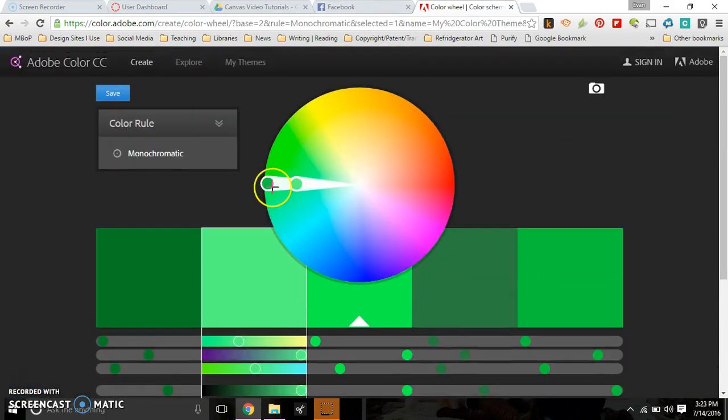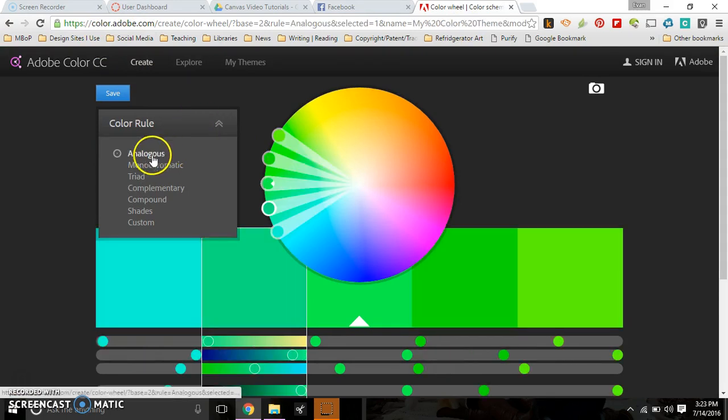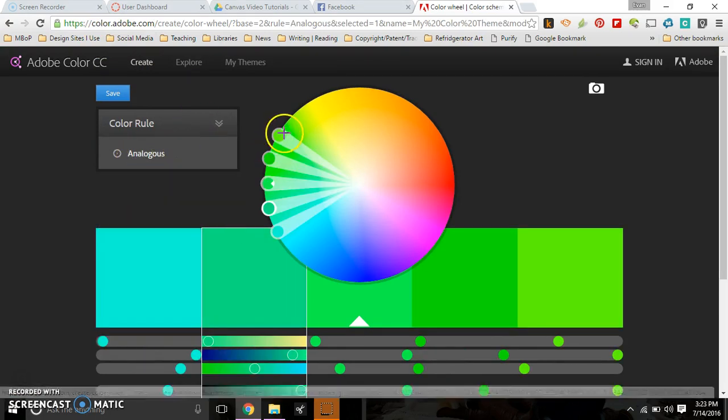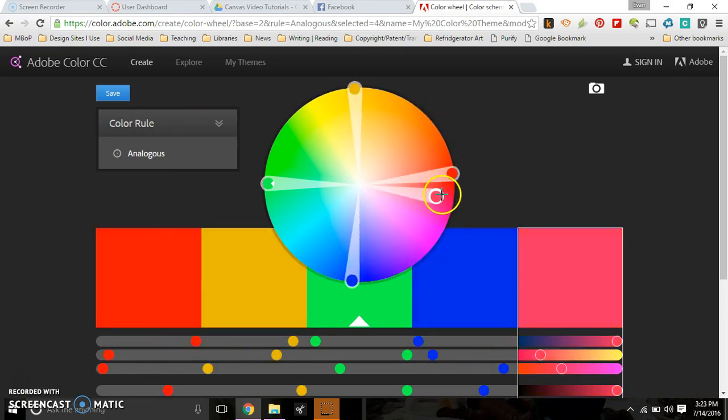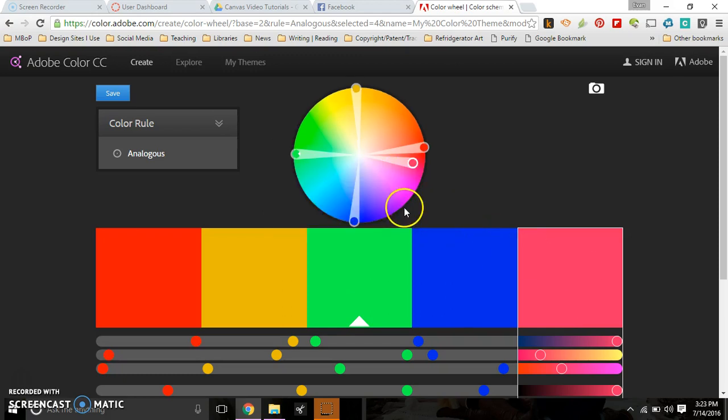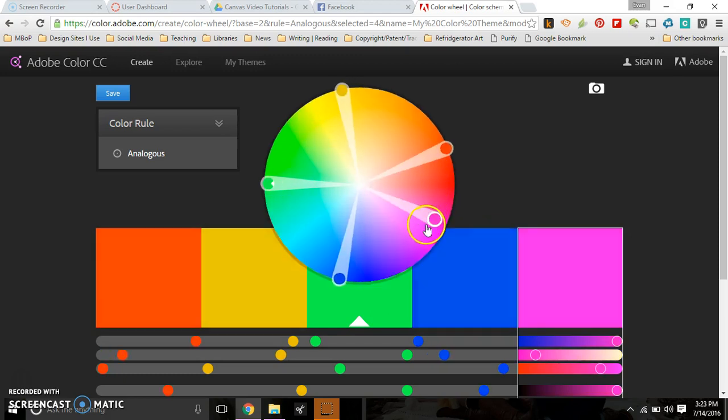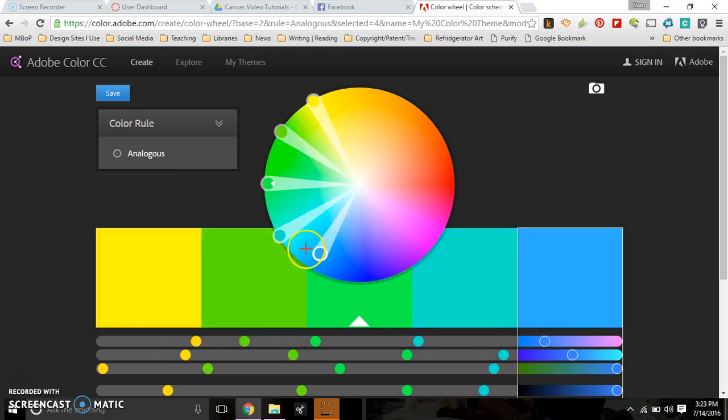So then you go back to color again, color.adobe.com. Let me show you what the analogous looks like. You just move it around and all the tabs just kind of go crazy, which is fun. Maybe I want more of like, I don't know, another green to go with my